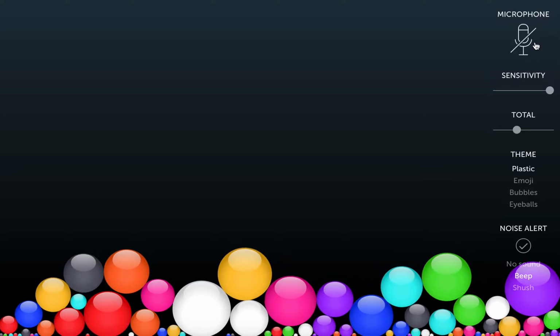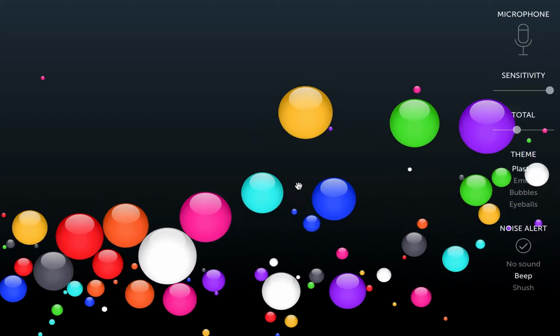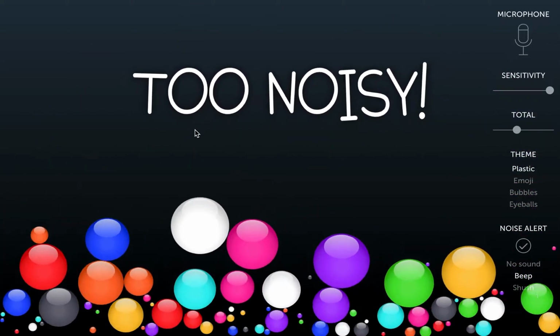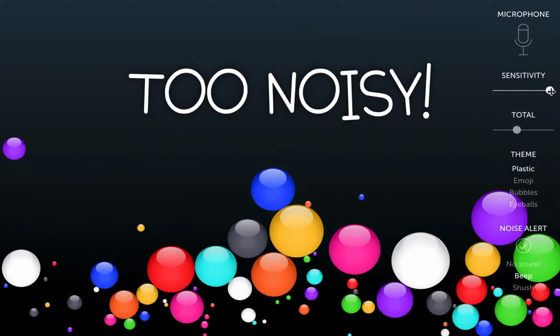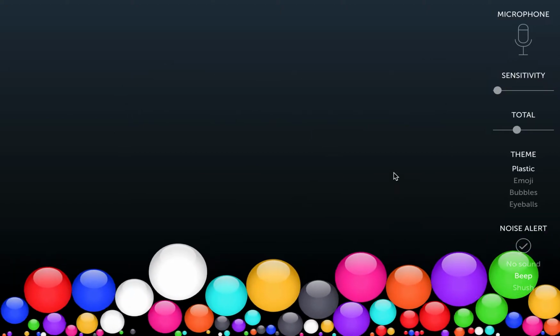From here you can turn on the microphone by clicking it. And now as you can see, as I talk, the balls start bouncing. It gives you the warning too noisy based off your sensitivity, which right now is set all the way up. If I turn that down, it means I can still talk and they won't bounce nearly as high and I